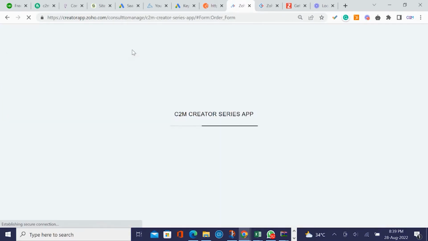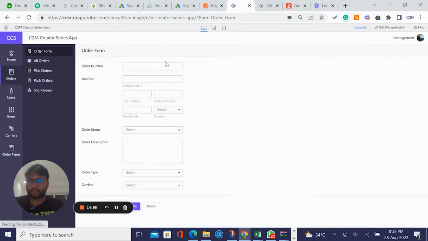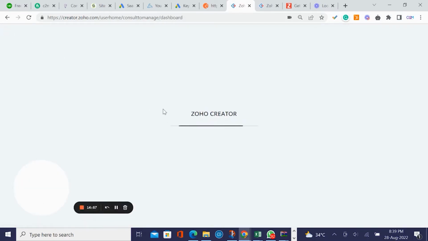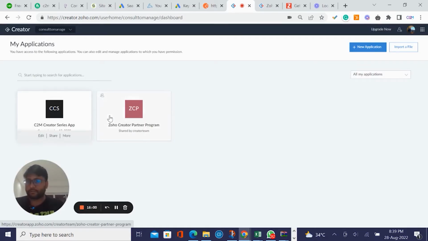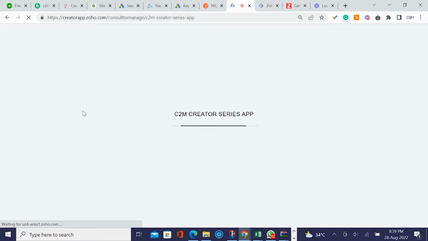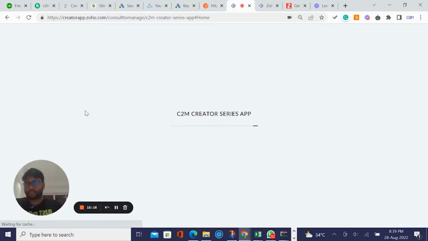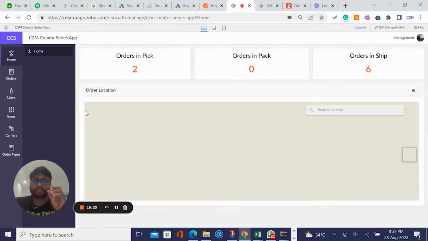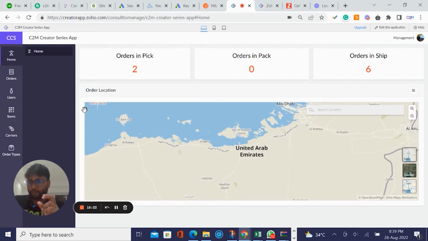So what that means is that when I first tried to log in to the system, I landed on this page. These are different applications. I'm a certified partner of Zoho Creator, so I have this application available here. But if I was a paid user, a general user, with like 10 applications, the different applications would have been here, and I could have chosen one application and connected it to all external applications. Now this development model is very important, because by default there are a few drawbacks